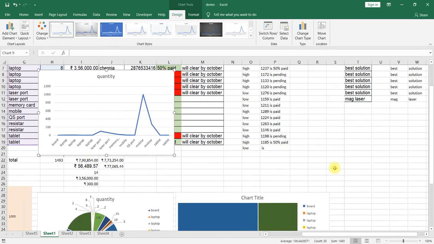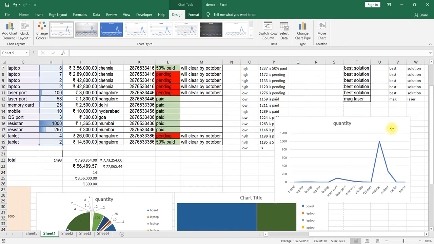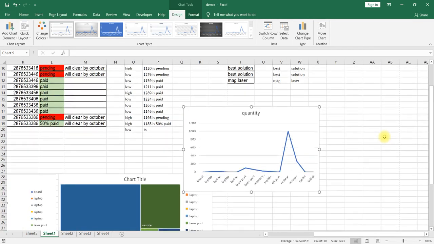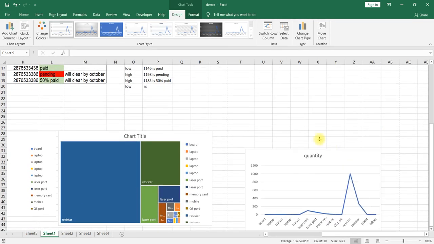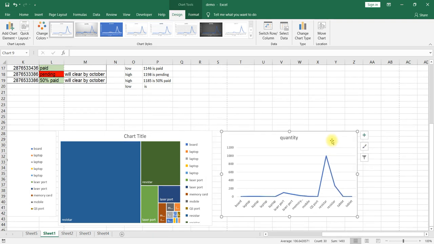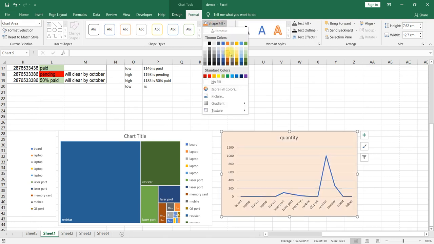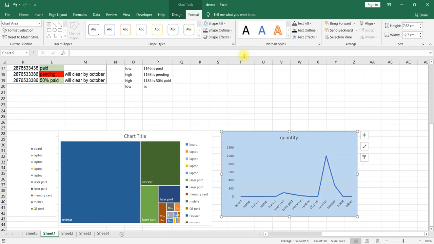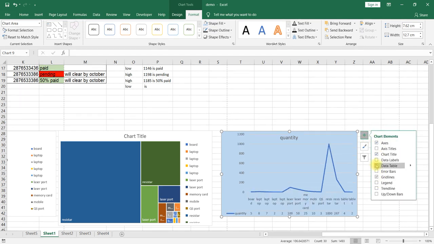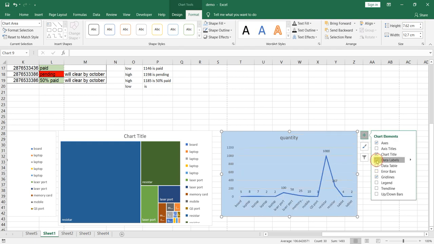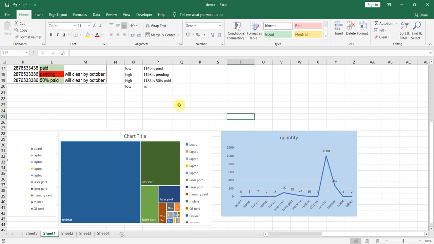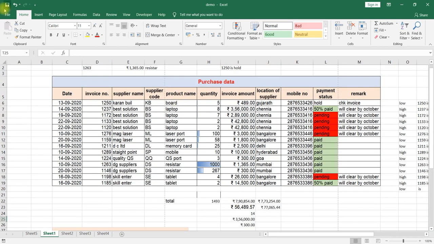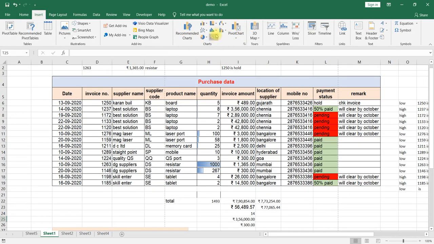You can select, drag, and place it. Again you can modify it using the format option. You can change the background color, add the legend, the data table, or data labels. This is how you can utilize any type of chart available here based on your requirement.